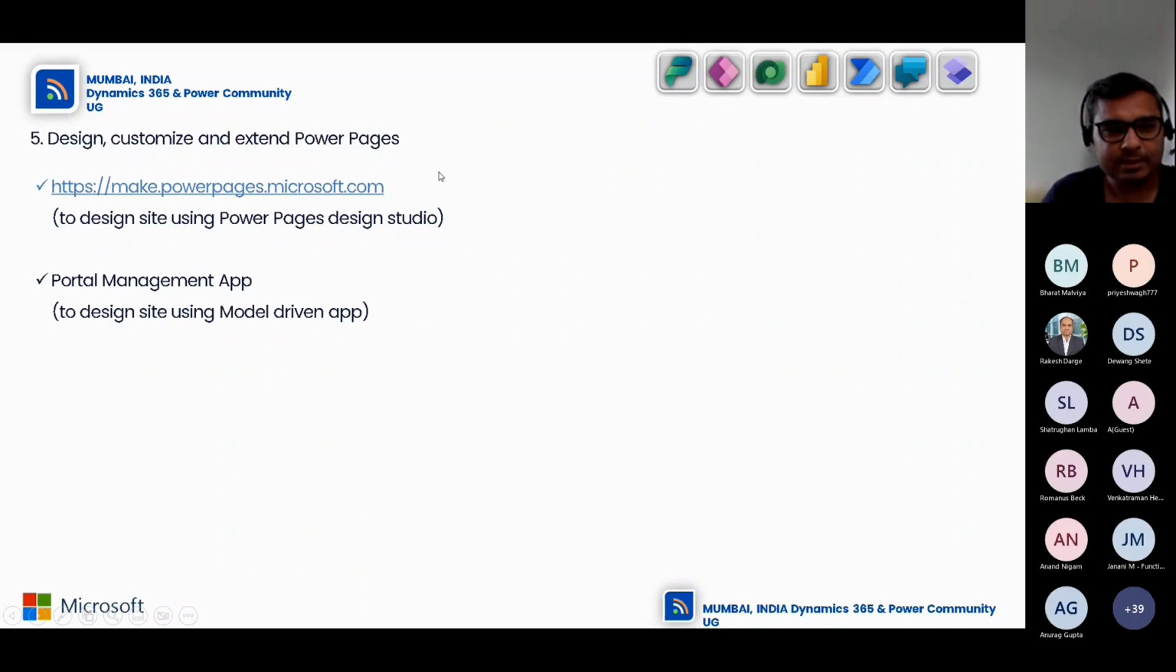How to design, customize, and extend Power Pages? They have a new URL now, make.powerpages.microsoft.com, for opening the Power Pages Design Studio. Traditionally we were doing this in a model-driven app, the Portal Management app, and a Power Portal. So maybe let's go to